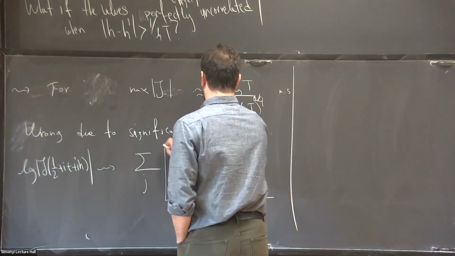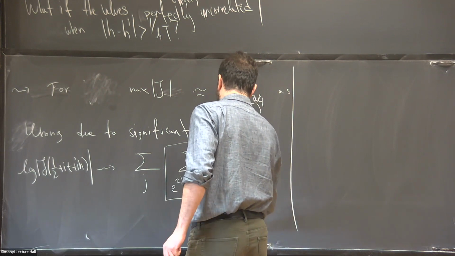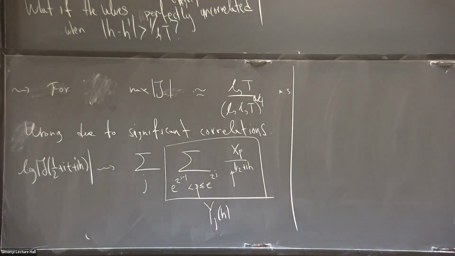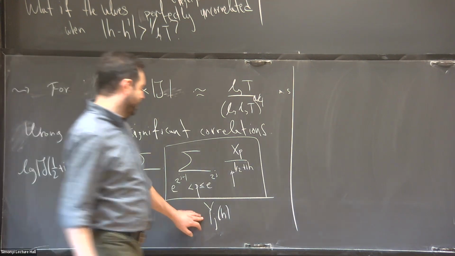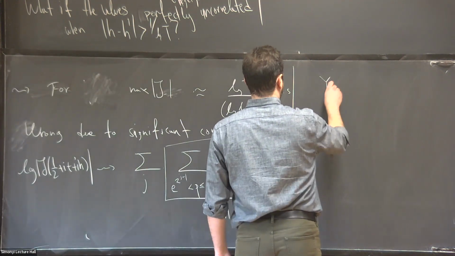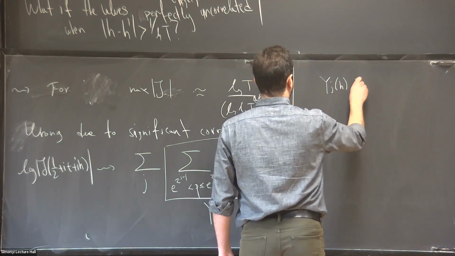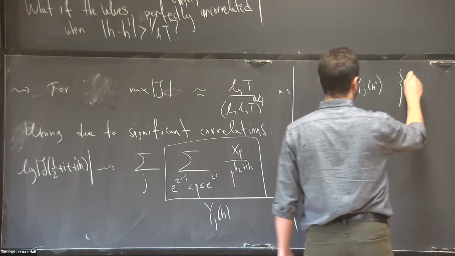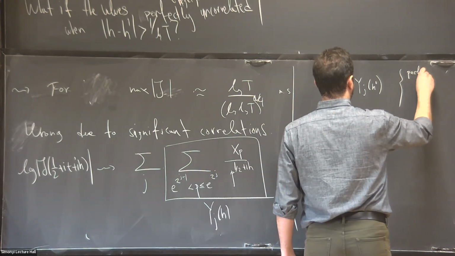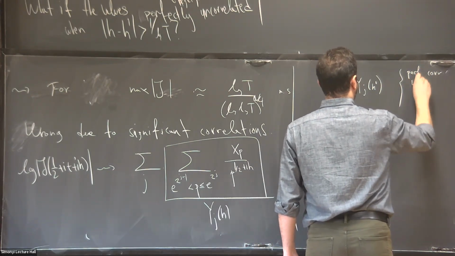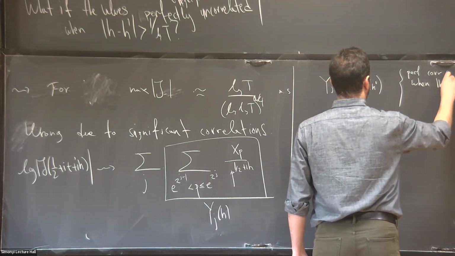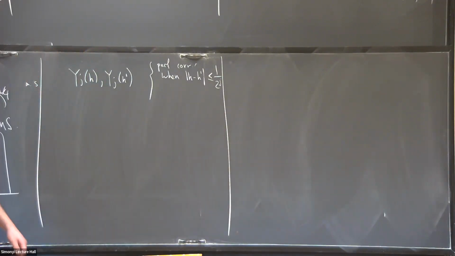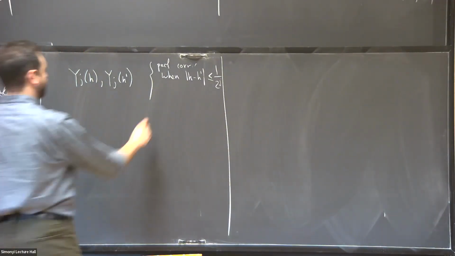So maybe let me call this y_j(h). What ends up happening is that you can think of this y_j(h) and y_j(h prime) as having a dichotomy: perfect correlation when h minus h prime is less than 1/2 to the j, and perfect decorrelation